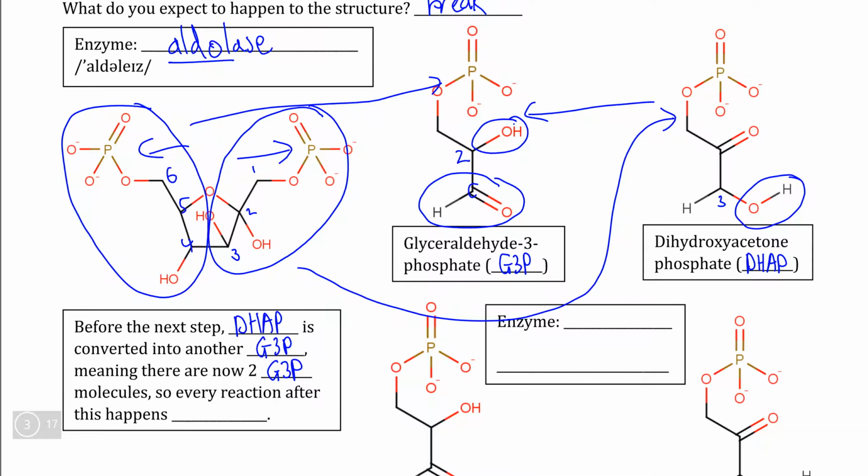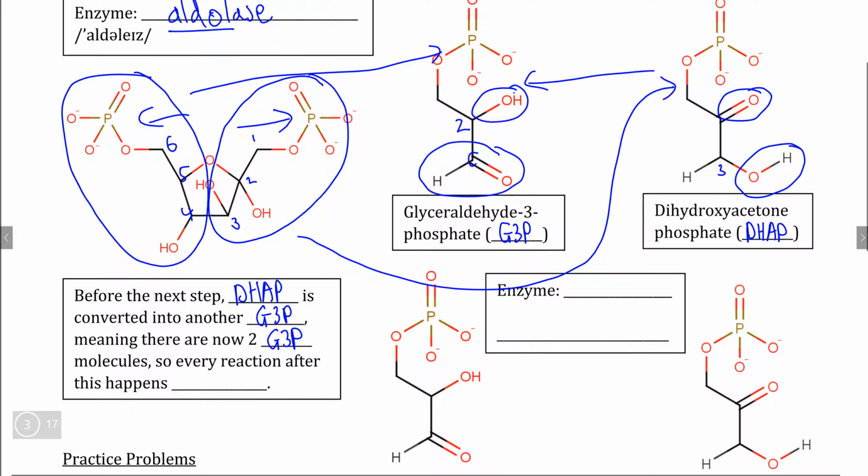So because all that we're doing is flipping the position of these double bonded oxygens and OH groups, we are doing another isomerization reaction, which means that our enzyme is going to be another isomerase, only this target is going to be dihydroxyacetone phosphate isomerase, also simply called triose, meaning 3-carbon sugar, phosphate, meaning that there's a phosphate on it,